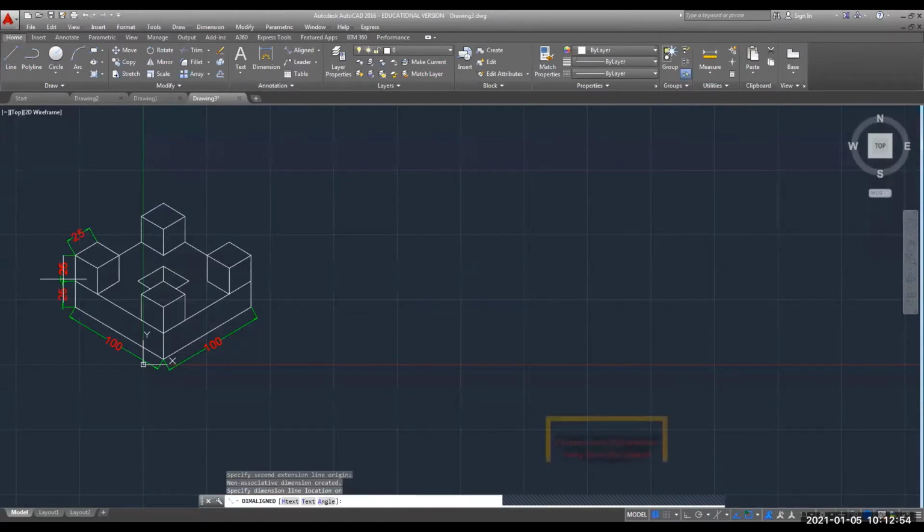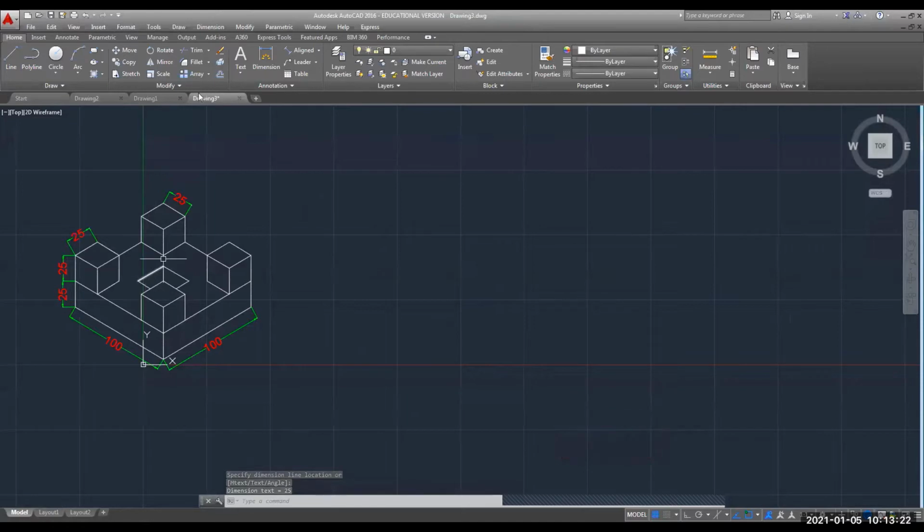Now let's see this drawing. So we have given the dimension for this upper block. All the blocks are similar, so we need not go for all the dimensions. This width again I have to show, so I will show it on this portion. That will be good. This is your 25.